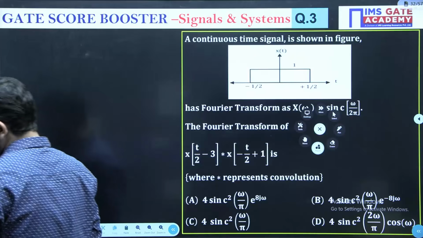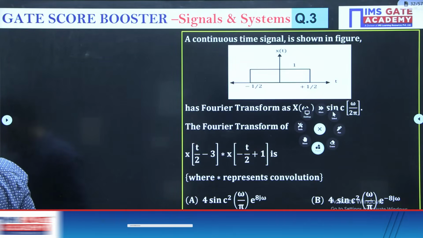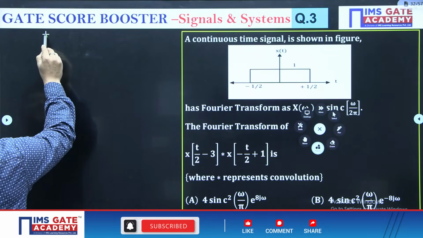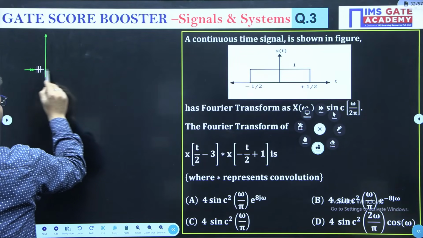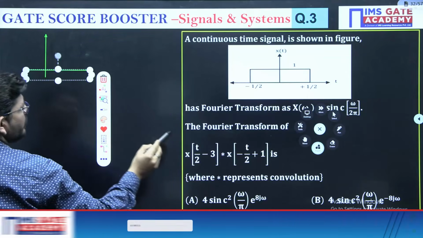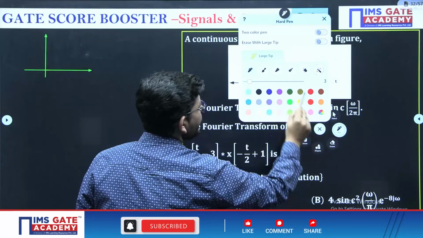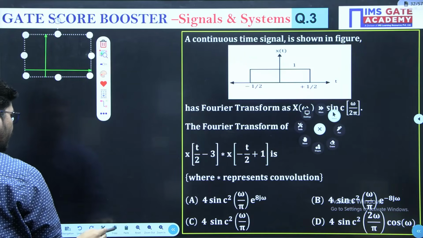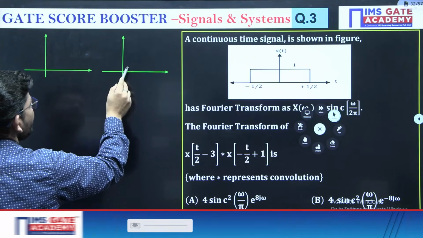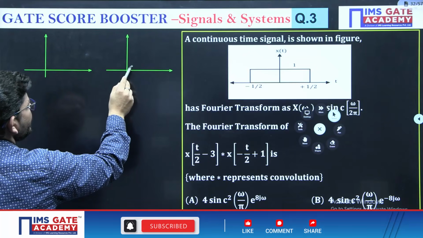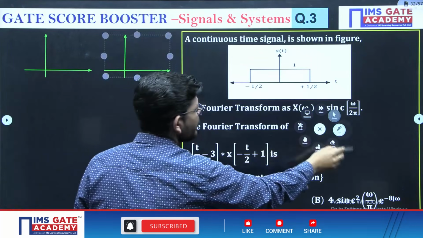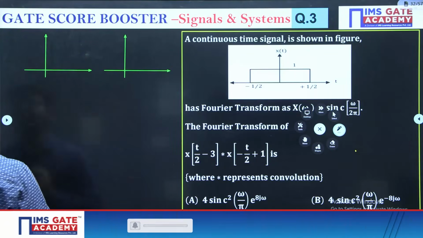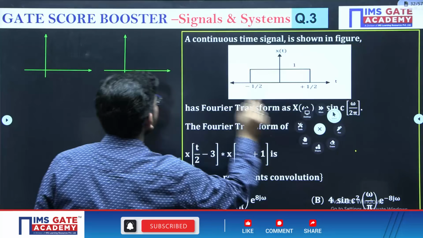So let me draw these two signals. So if I draw these two signals, after doing the shifting and the scaling, just see what I'm going to get. I believe you people can do the shifting and scaling because we have done this in the last case also. So like that you can do it. Shifting should be done first, then scaling or reversal will be done. So if I draw these two signals,